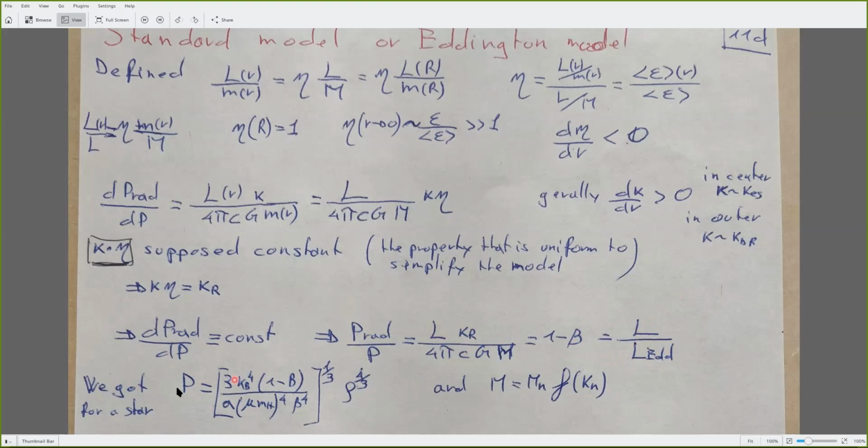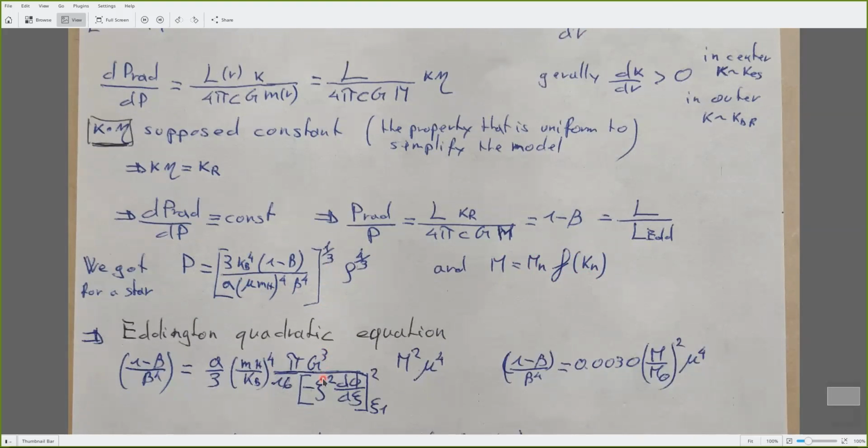Previously, we calculated that for stars in general, we can put together that P is equal to this value multiplied by density to the 4/3. And we know for polytropes that the mass is defined in this way, with a constant that depends on the index of the solution, numerically, exactly. Then the function of the constant here of the equation of state. So putting it all together,